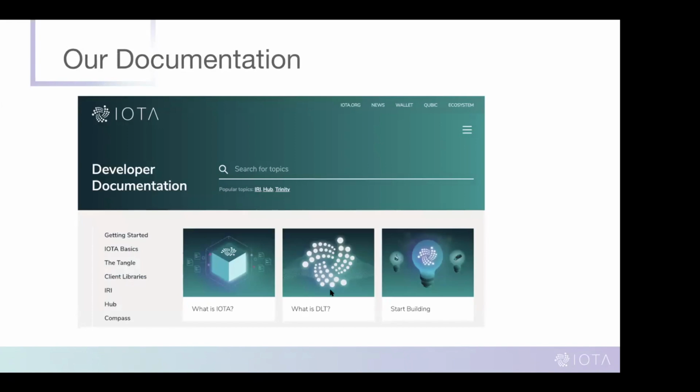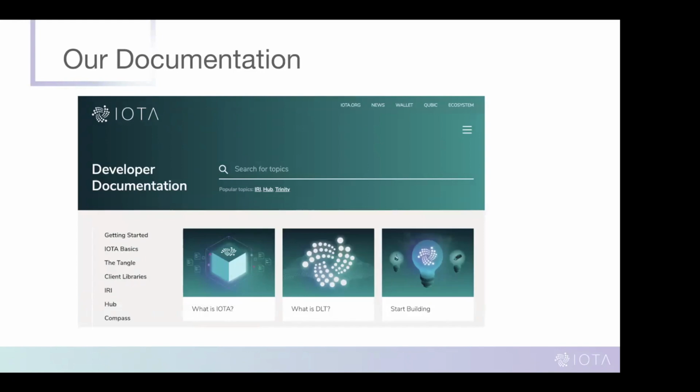The next best resource is also the documentation. This is also linked on the contest page, but it's docs.iota.org, and this has been recently redone. We have a lot more information about the basics of IOTA if you want to get your head around what the basics are in a lot more depth than what I talked about today, because I'm sure there's a lot of questions. We also have the list of the different client libraries, the different applications,